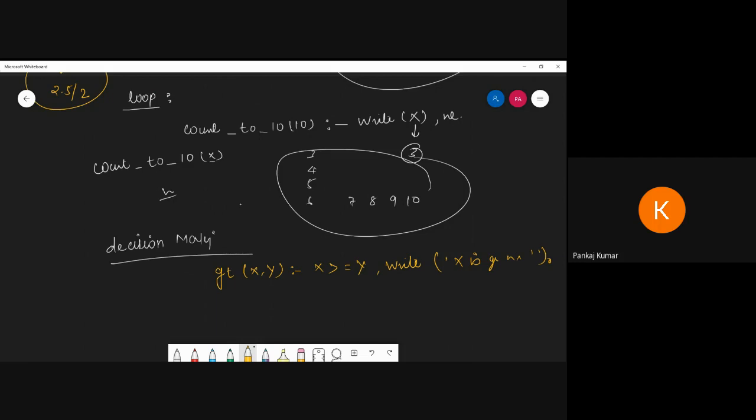So how do we compile that one? We only have to compile like a compiler process, put gt 10 comma 20 and dot and press enter. That will show whether this is greater than or equal to or not. So for decision making we can use gt, and for the loop we can use count like this one. And now see, this variable is very important. So head variable, that head variable. Okay, this is called, I'm going to choose the color, head variable. Head variable. Okay, these things are very important. Is it clear?